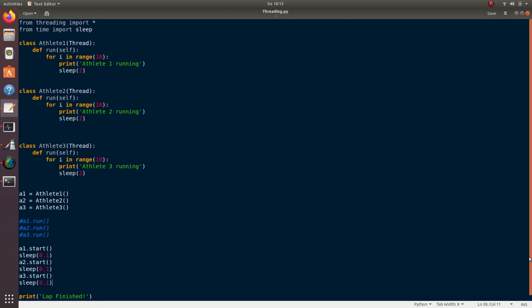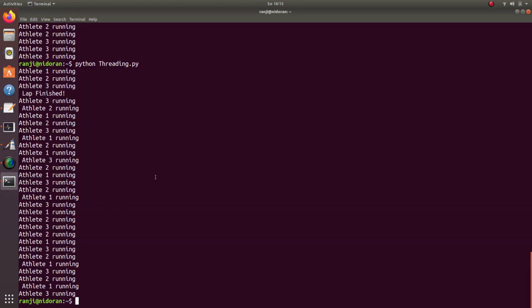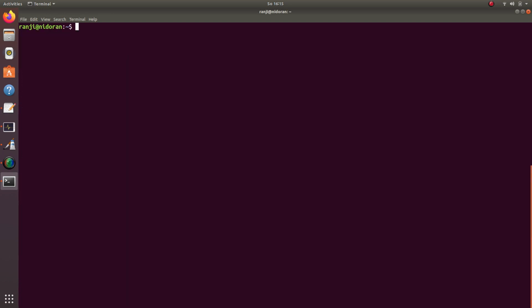So now ideally this should fix the problem because we are introducing a delay in each of the athlete classes, after the start method. So we'll just go and see the program execution. Before that I'll clear this so you can see a fresh output. See, again it printed lap finished in between.